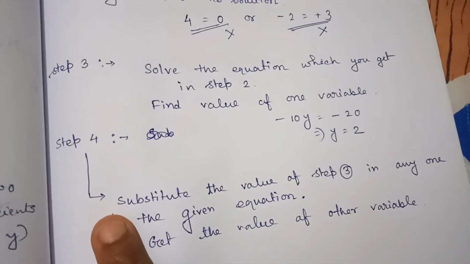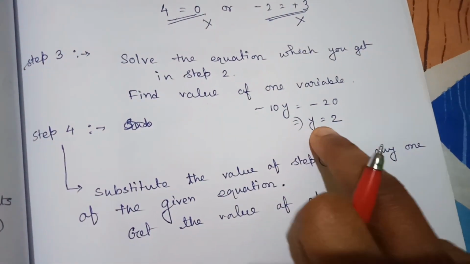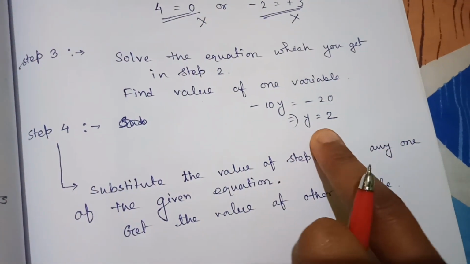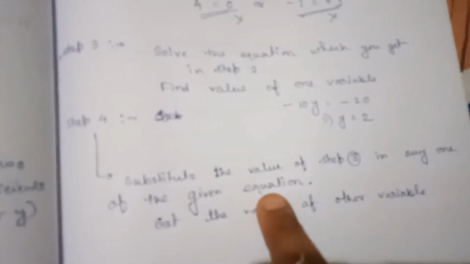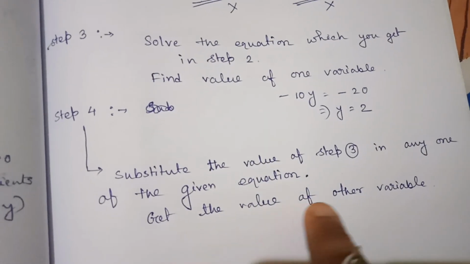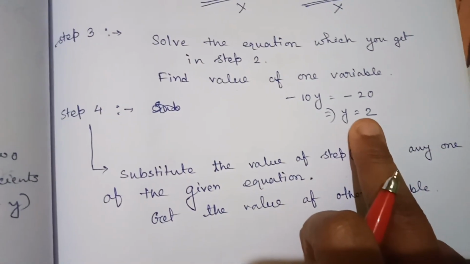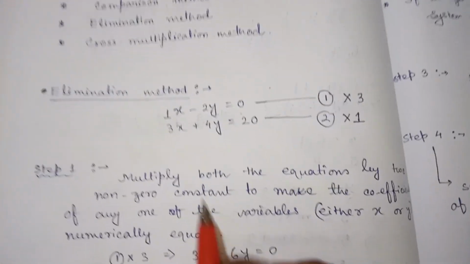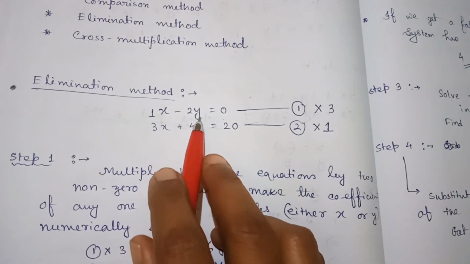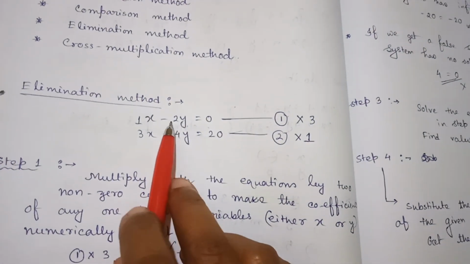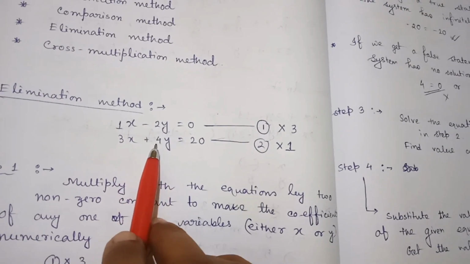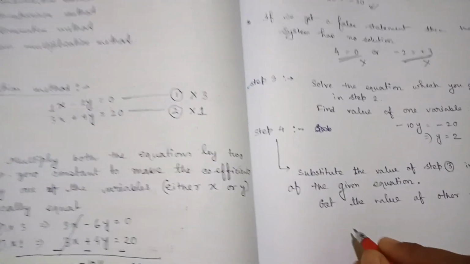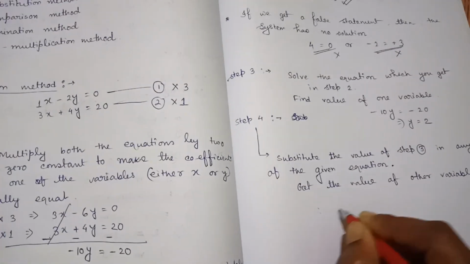Now coming to step 4. Substitute the value of step 3, that means this y equals to 2, in any one of the given equations and get the value of the other variable. So y we have got, we will be putting y's value in any one of these two equations. So we are choosing the first one because it is looking a little bit easier than the second one to calculate. So we are writing therefore